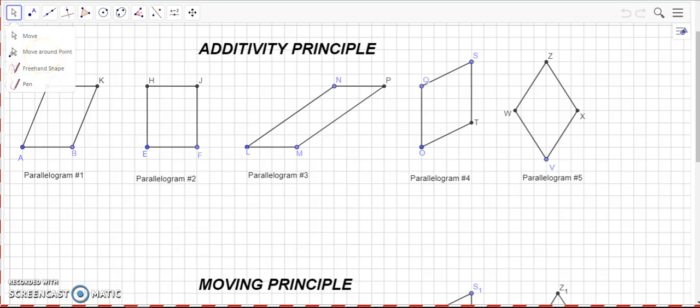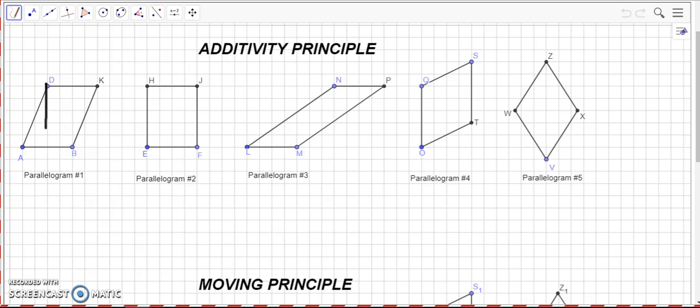Alright, so to find the area, I'm going to use the pen to help me out. So if I draw in, I could easily, with the additivity, draw in two triangles and a rectangle. So here I know that this is a 2 by 5 rectangle, so that's 10 square centimeters. And here this is a triangle that has a base of 2 and a height of 5. So I know the area here is 5 square centimeters, and same thing here, that this is 5 square centimeters,